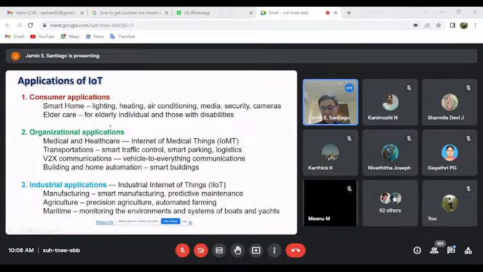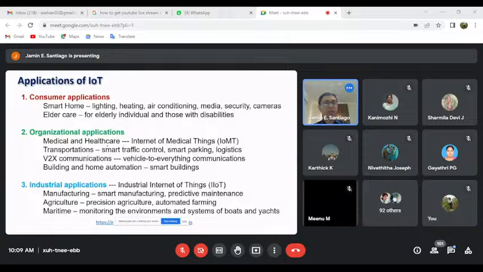It means that our house is no longer passive. It is now active due to the Internet of Things. The lights will automatically turn on and turn off depending on the condition. Then the air conditioning can also automatically turn off depending on the environmental condition and the needs of the human occupants, to save energy and to increase the efficiency of our smart home. It can also be connected with the cameras, and of course the usual smart doorbells, smart water heaters,